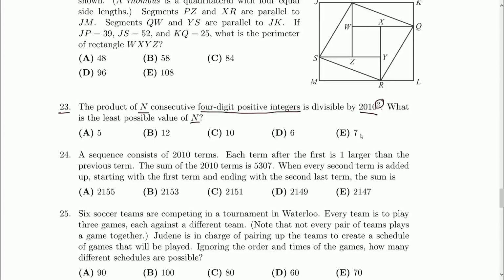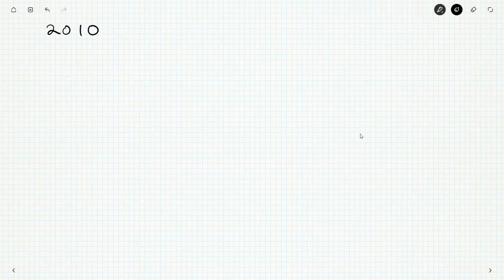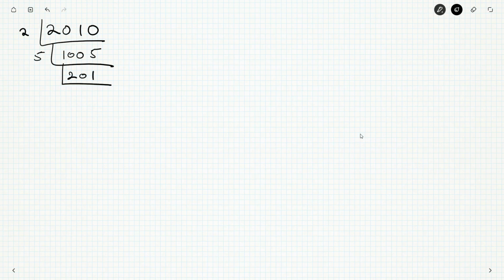Well, if I know something is going to be divisible by the product of my integers, then I really should start looking at prime factors. So what are the prime factors? What does 2010 turn into? Well, divide by 2, we get 1005. Divide by 5, and you'll get 201. You can divide that by 3, and you will get 67, and 67 is prime. So we get 2 times 5 times 3 times 67. So 67 here is going to be a bit of a problem,